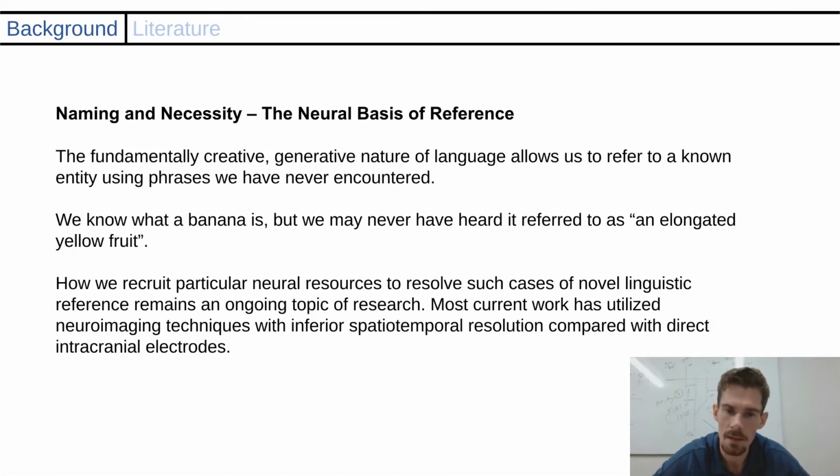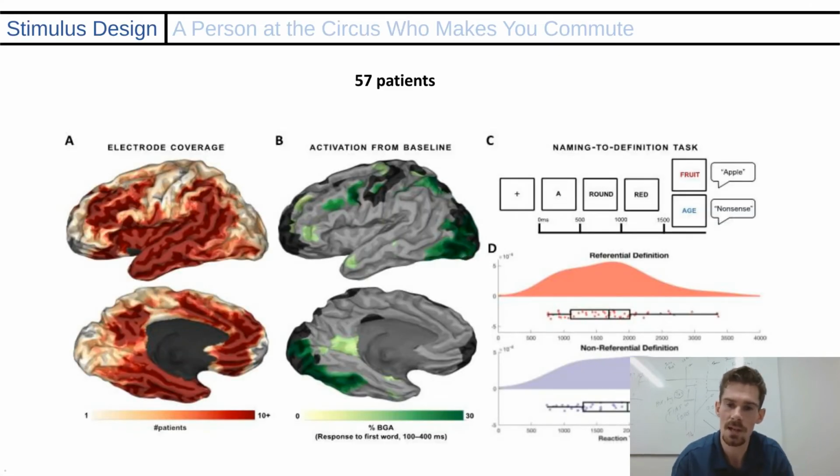So again, on this theme, the fundamentally creative and generative nature of language allows us to refer to a known entity using phrases we've never encountered. So we know what a banana is, but we may have never heard it described as an elongated yellow fruit. So the question is, how does the brain make the inference that we're talking about a very common object using a collection of words that we've never heard before? I've never heard the phrase an elongated yellow fruit before, but I know what it means. It means a banana. So again, using intracranial recordings, we probed this with a naming to definition task,